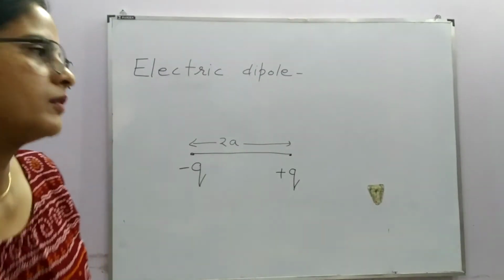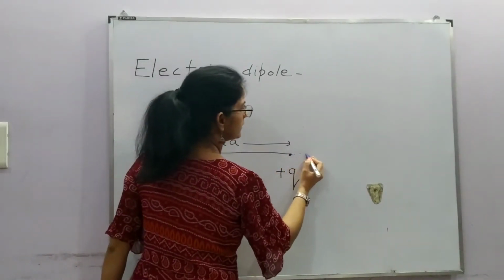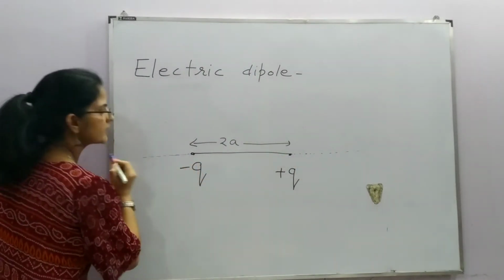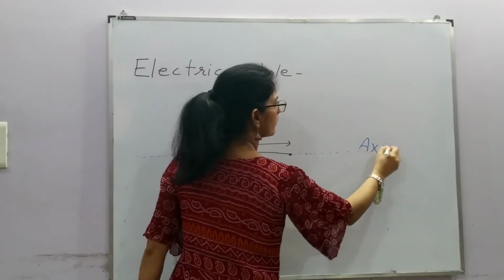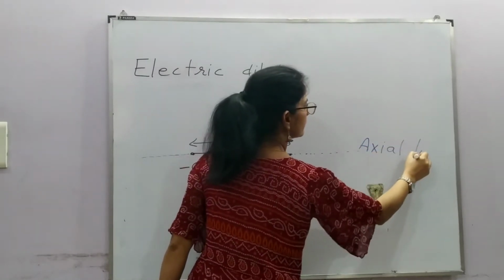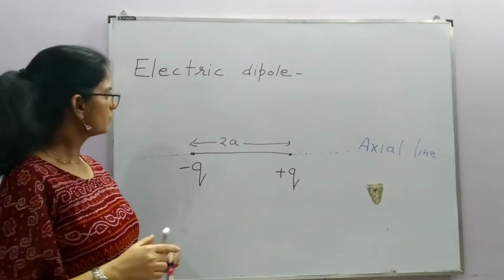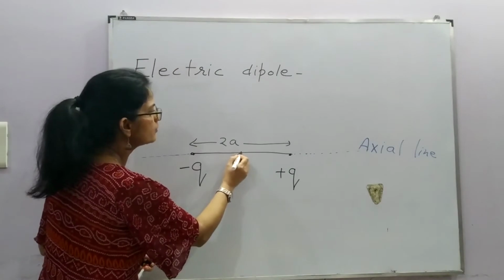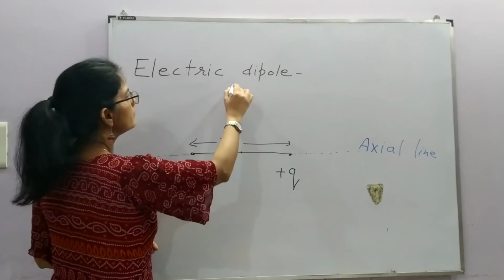The line which passes through the charges, joining them, this line is called the axial line of the electric dipole. And the line which passes through the perpendicular bisector of this dipole,